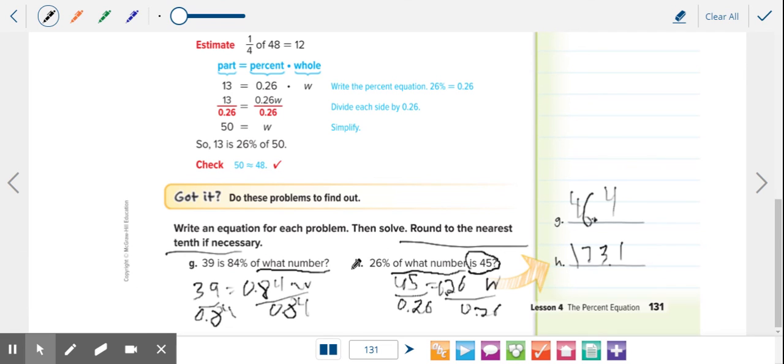That's how you solve for part, whole, and percent with the percent equation. It's a little bit quicker, maybe a little bit easier for you. You can use the equation or the proportion, up to you. Whatever you do,